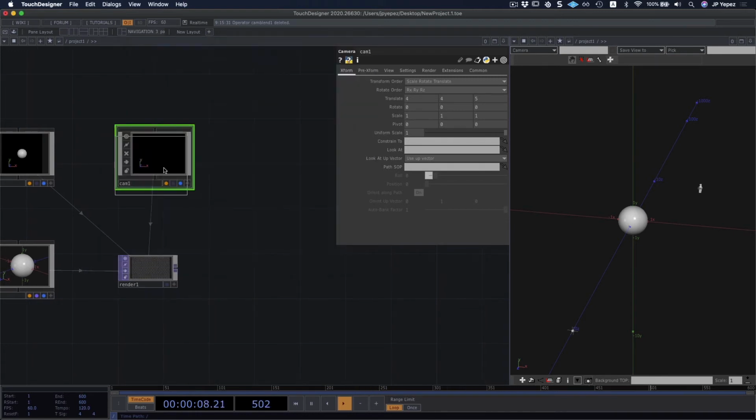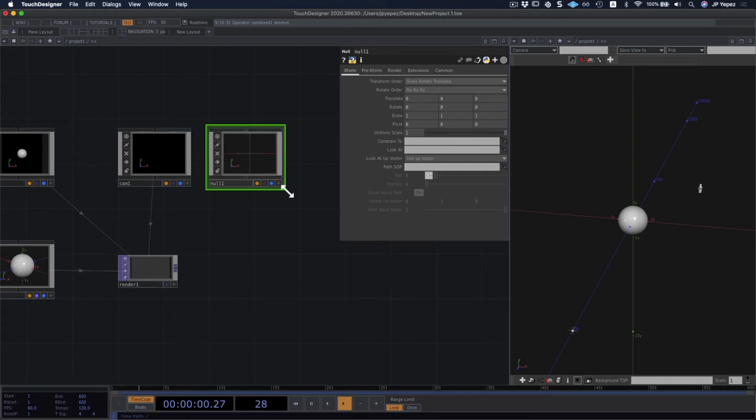And funny enough, COMPs have a null object as well, which I'm just going to make smaller because this is just going to be a target. In fact, I'd like to rename this as cam target. Null is basically an empty container for now, but I'm just going to use this as a target for my camera.